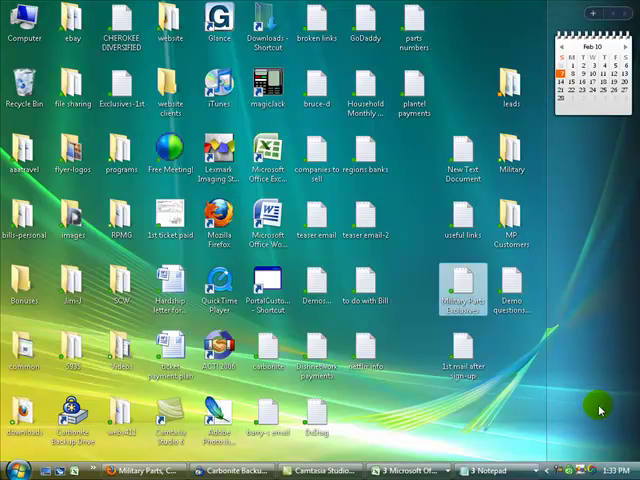Alright, in this video we're going to organize our desktop. Now as you can see, these are the documents that I'm using. I've got it kind of separated over here. So what you need to do is right click on the desktop, and what's going to happen